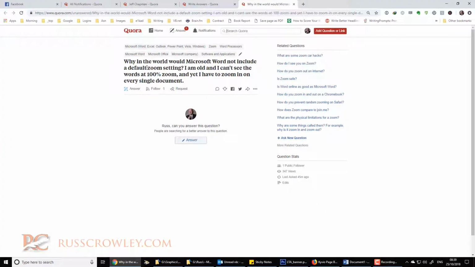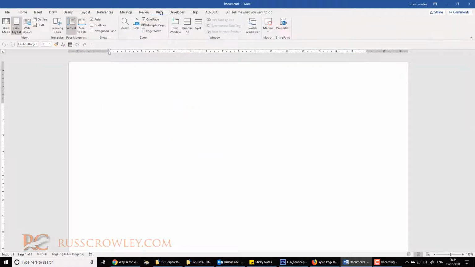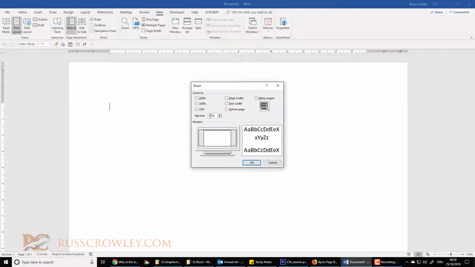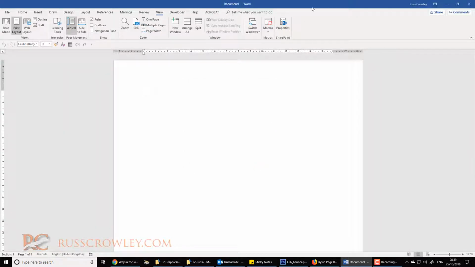Hi there. Yeah, they don't actually have a default zoom setting as such, but this is what you can do. I'm using Office 365 Word 2016. If you click on zoom, I've set the percentage here to 173%. If I set that to 127%, let's say just purely for this example, and click on OK,